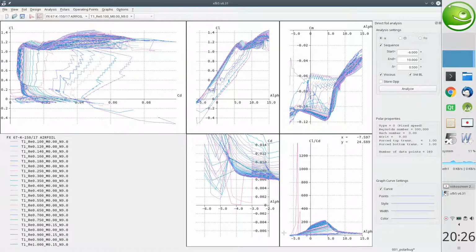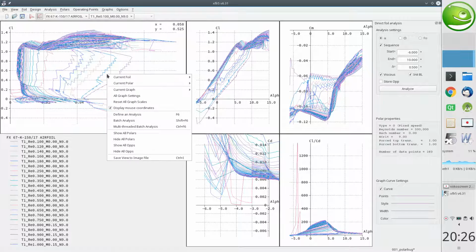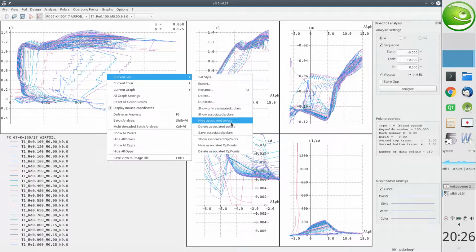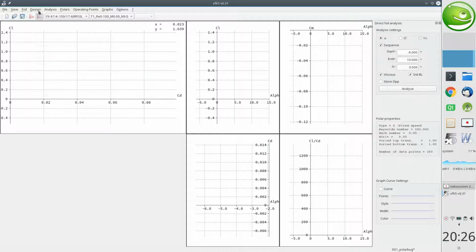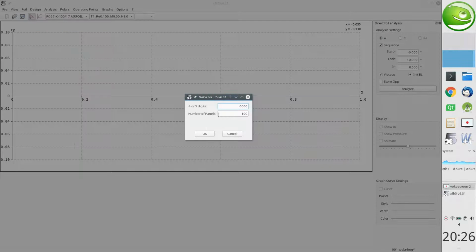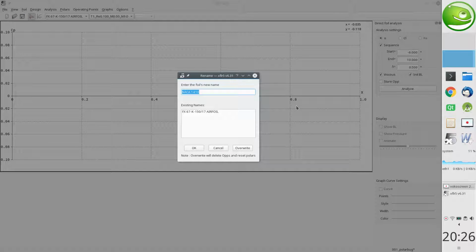So to show how this should be corrected, I'll use another FOIL which I know produces the same kind of behavior. I'll hide all these polars and define a NACA foil 1410. I'll type OK. Now a trick here, a tip here,